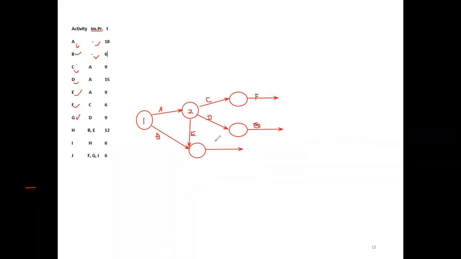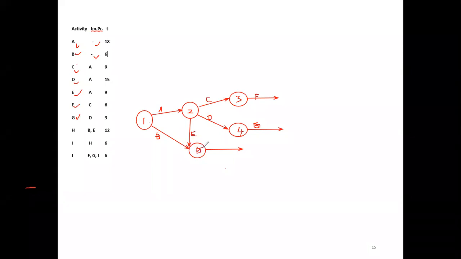Also, I have forgotten to write the event numbers. First, A and B together finish, C and D start. Then C finishes, F starts. So this is the third event. Event numbers allow you to follow the logical sequence. If you put the event numbers, then there is no problem. It may have no significance in itself, but anyway, you have to follow the logical sequence.